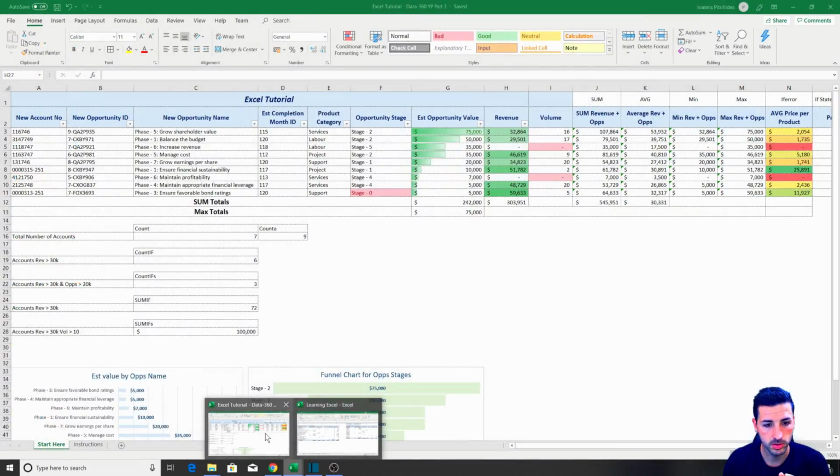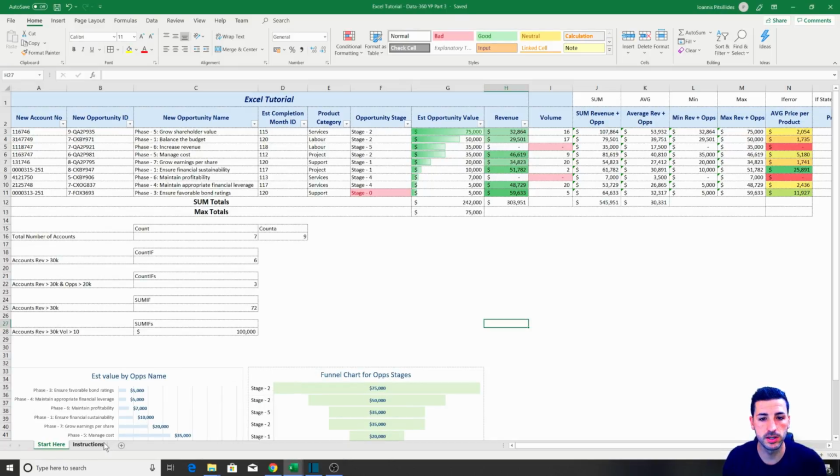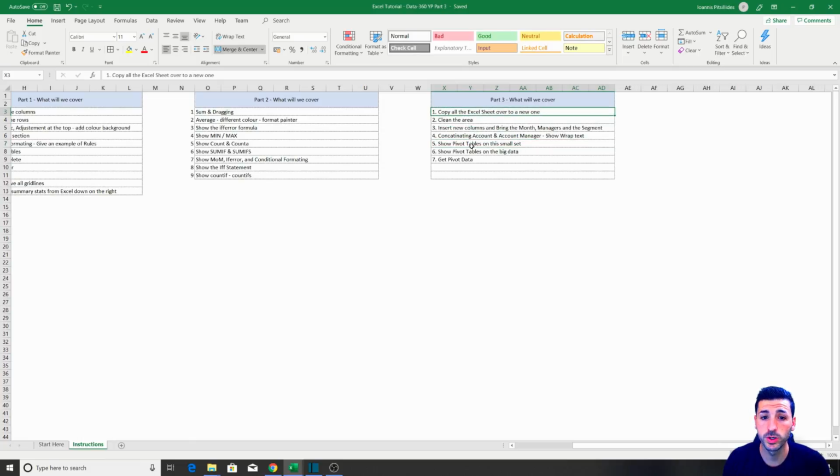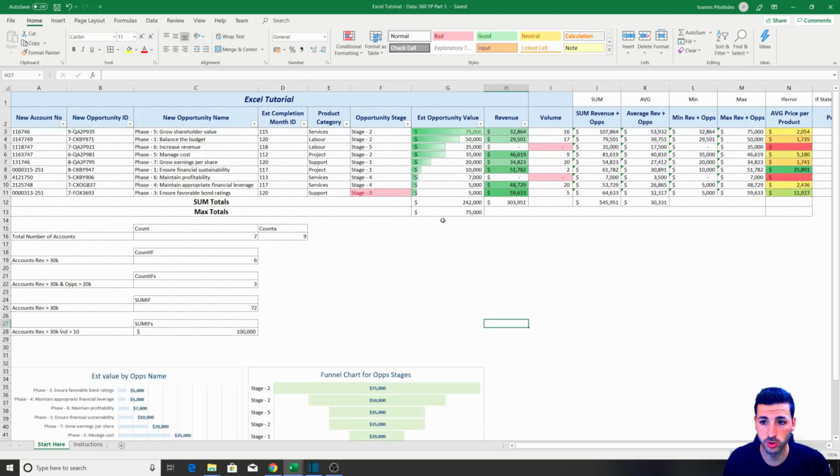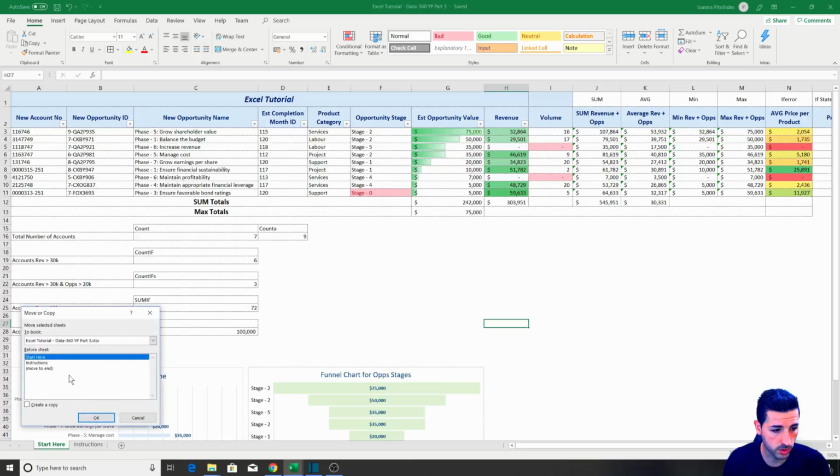Right, so going back to Excel. The first thing we have to do now is copy the Excel sheet over into a new one. I'm just going to show you how to duplicate the whole Excel sheet. If we right click here where it says Start Here and click Move or Copy, we can create a copy.